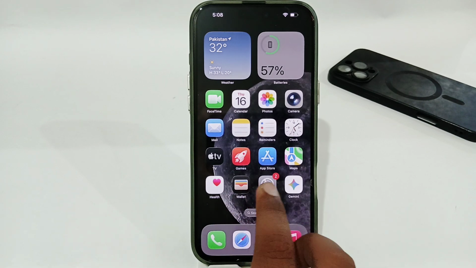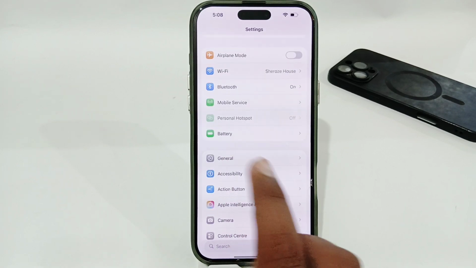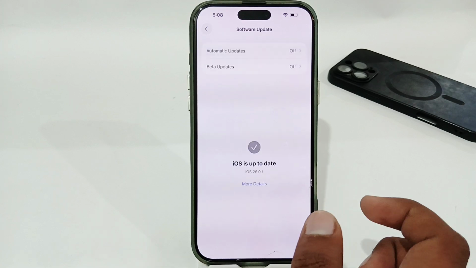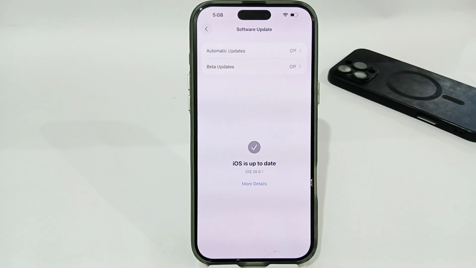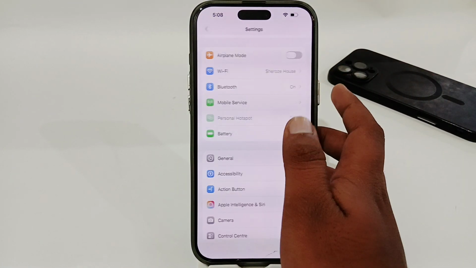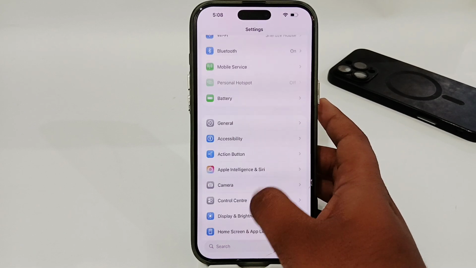You just have to open your settings, and here the very first thing you have to make sure is that you don't have any pending software update available. So go to General and go to Software Update. From here, make sure that you don't have any pending software update available, or if you have one, try to update your software. Once you have done that, go back and go for the option of Accessibility,